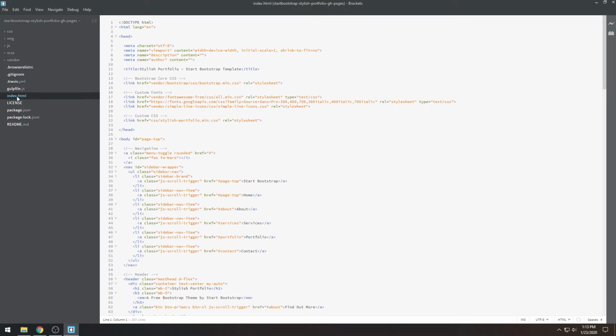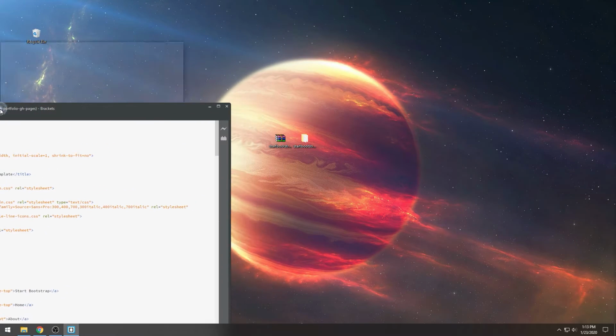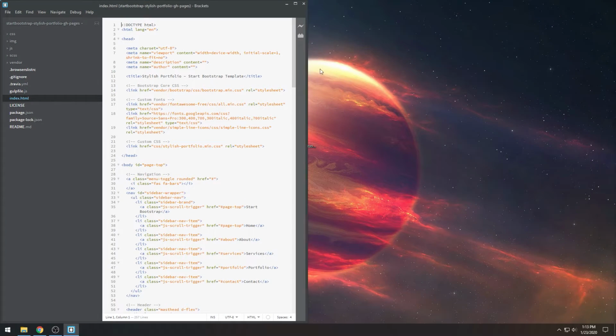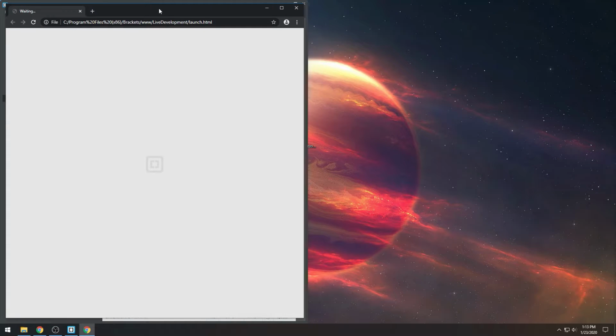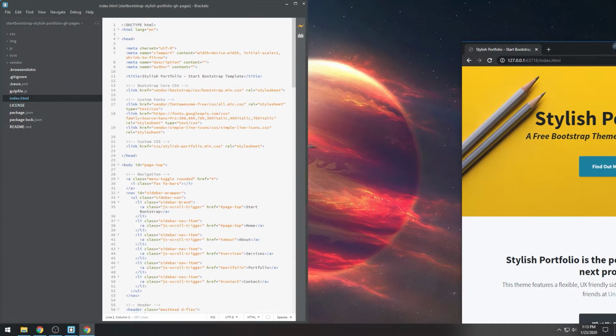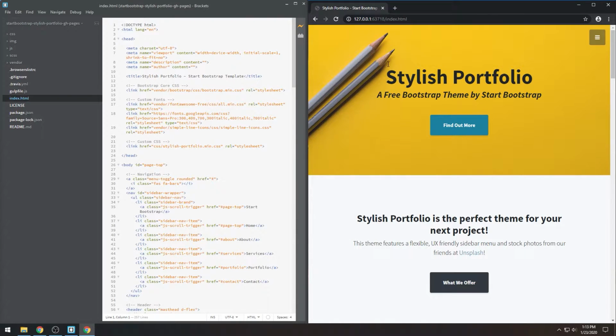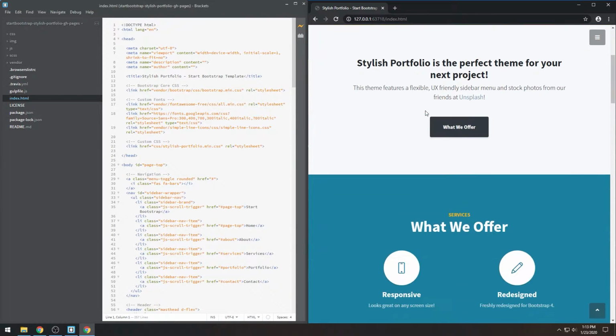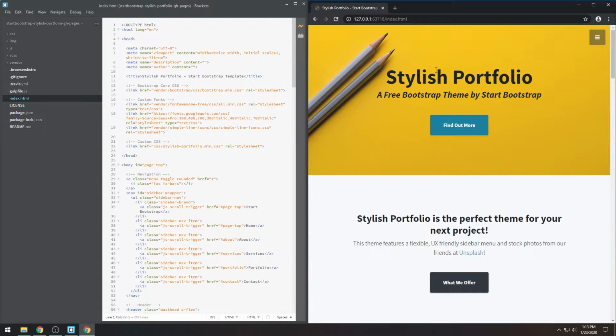So we're going to go ahead and click on this index 1. And then here, I want you guys to split screen it. And then just click this little lightning bolt on the top right of your Brackets application that says Live Preview when you hover over it. A new window should pop up, a Chrome window, or whatever browser you're using. And the cool thing about this is that if we click on something on the right, it'll highlight the code